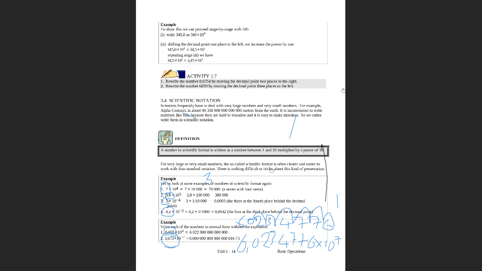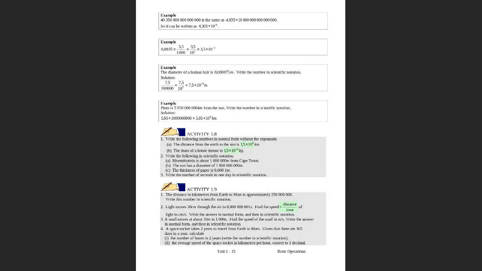For activity 1.8, when I marked my work, I saw that you had written 1,0 times 10 to the power of 6. Is there any difference if I write 1 times 10 to the power of 6 where you have written 1,0 times 10 to the power of 6? Yeah, it doesn't matter. The most important thing is that you must not distort the number in front.